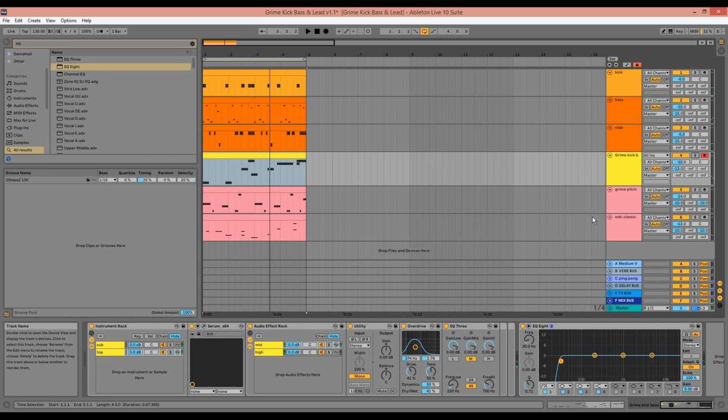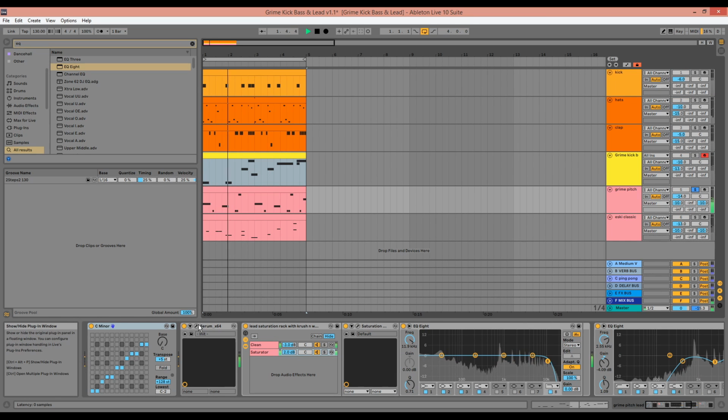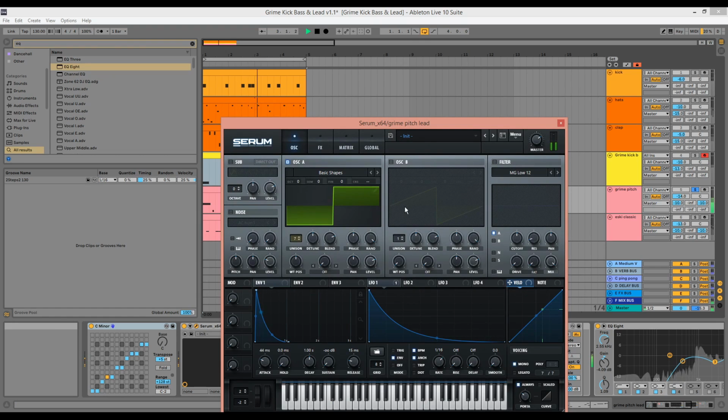As mentioned, this lead is essentially the same patch. We've got a slightly different amp envelope though, and slightly different pitch modulating LFO envelope, LFO1, and we've got no filter either. We've also got more reverb applied on the lead, and we've also got some delay, which is also